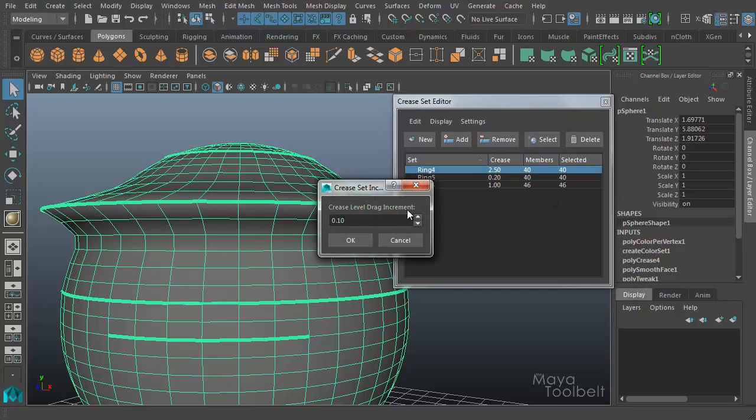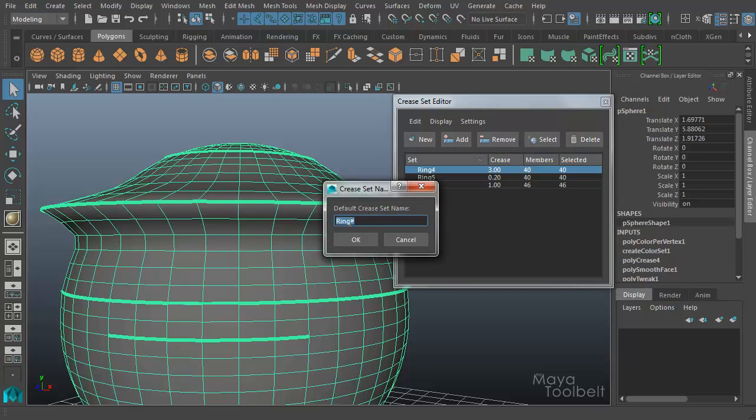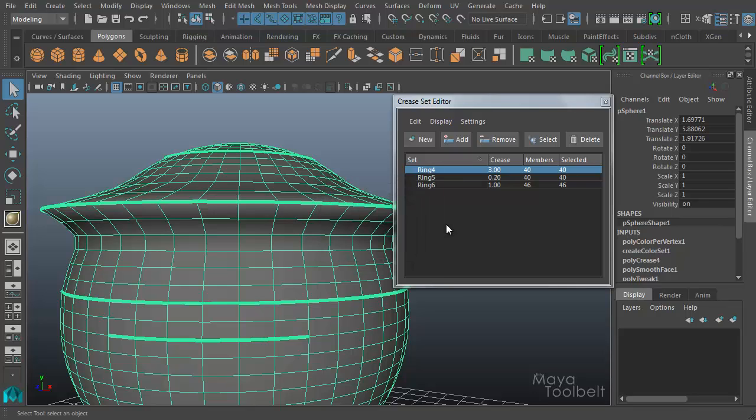And if I click it, you can see here I have the value of 0.1 set as my crease level drag increment. I can increase this to say 0.5. And now when I middle click and drag, it goes up by 0.5. So 1 to 1.5 to 2, 2.5 to 3. I'm just simply middle clicking and dragging with my mouse over this crease value here. And that's just by adjusting the crease level drag increment. And then there's default crease set name, which we've already changed to ring number. You can change this to whatever, crease set number, and it will increase that number value based on each crease